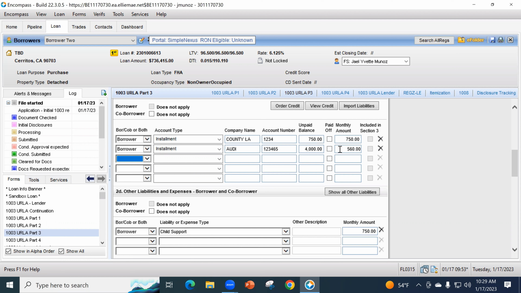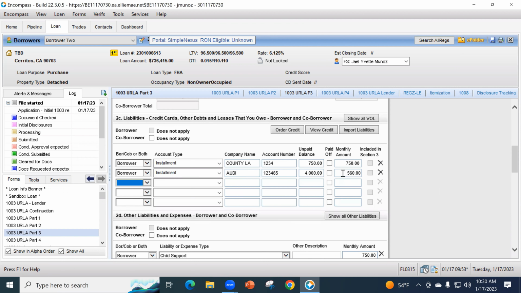But keep in mind, guys, that with FHA, their monthly payment must be under 5% of their monthly income. That's with FHA. So just keep that in mind, because I have seen some people exclude it, but the FHA guideline does read that this monthly payment must be 5% or under of their gross